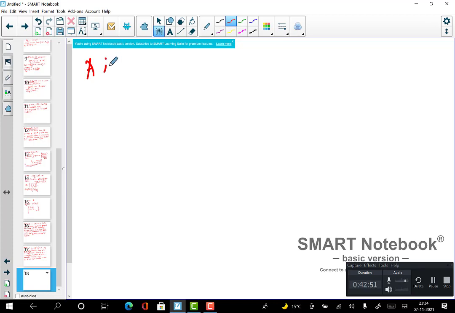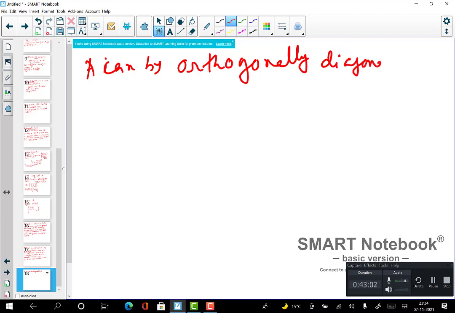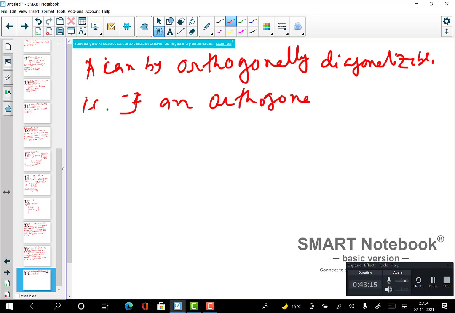A can be orthogonally diagonalizable, right? So that is, there exists an orthogonal matrix Q, maybe of the form Qij, such that